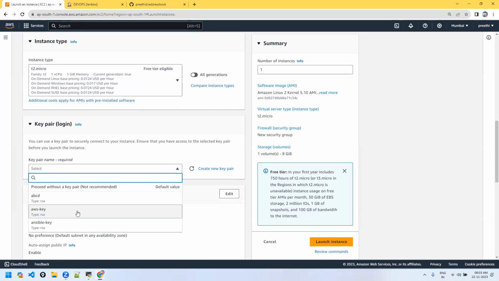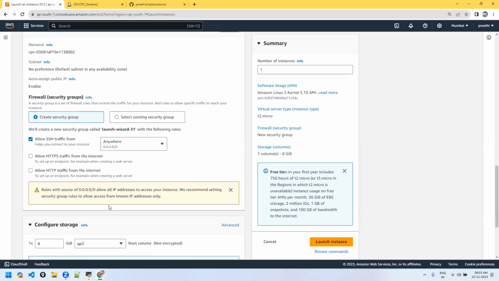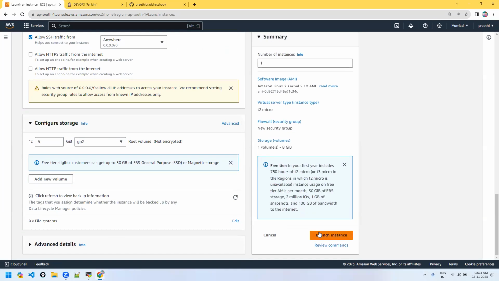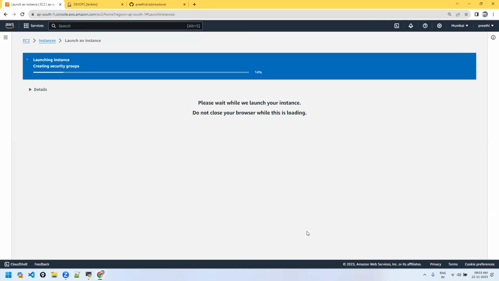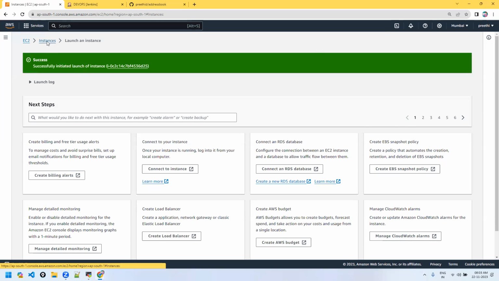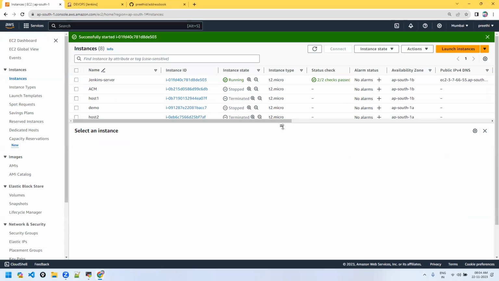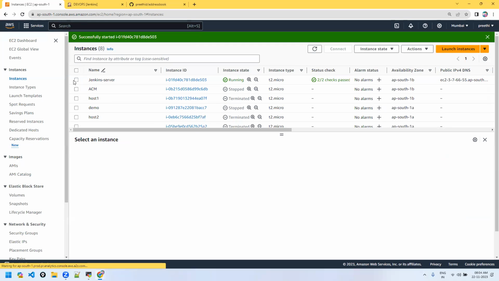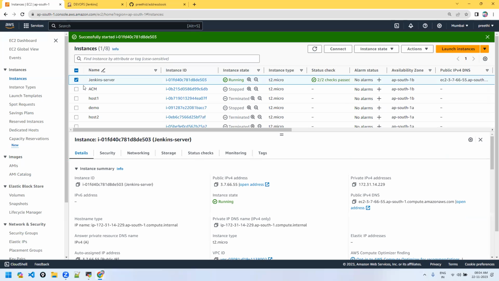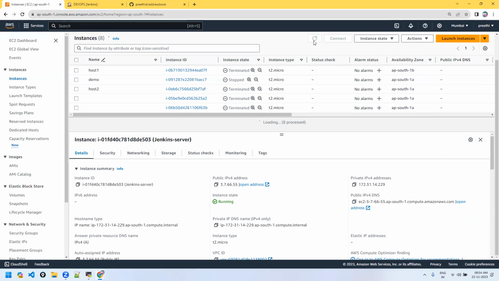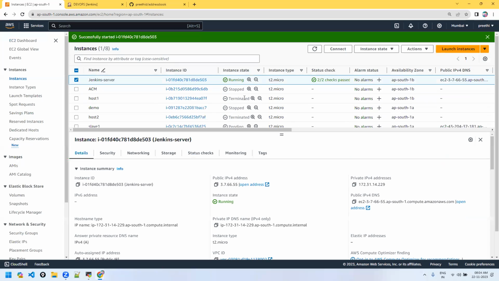The key pair is going to be the AWS key. That should be fine. This is our Jenkins server anyway, and the slave is going to be